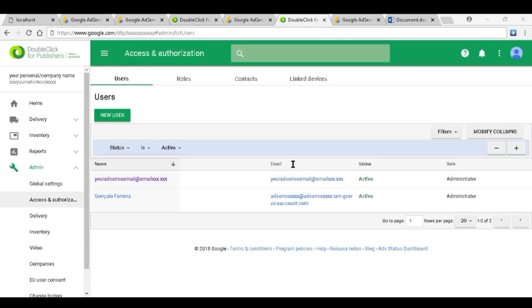because I would have to make a 1 hour video. So after all of this, you will have everything okay. Then you can go to this double click for publishers account. You can go to admin global settings, and you can see your account here, manage your account, do everything to be all fine. Okay. After this, go to Adsense,